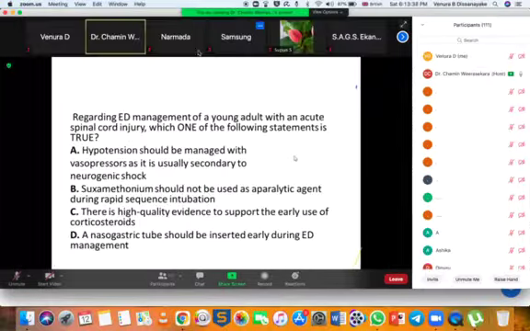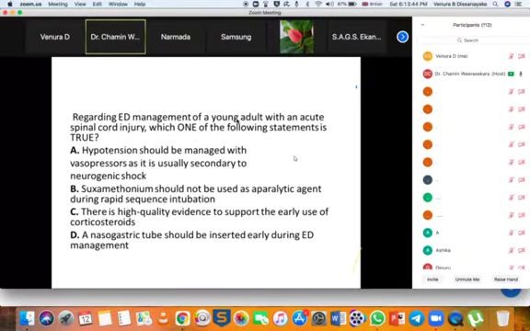The patient can have myocardial injury, myocardial contusion. Anything can come. The patient can have intraabdominal bleeding. Patient can have pelvic fracture. Anything can happen. So in a trauma patient, if the patient is hypotensive, you must not assume that the patient